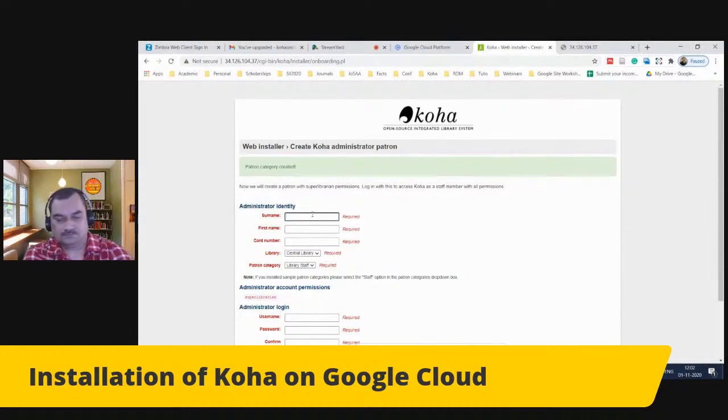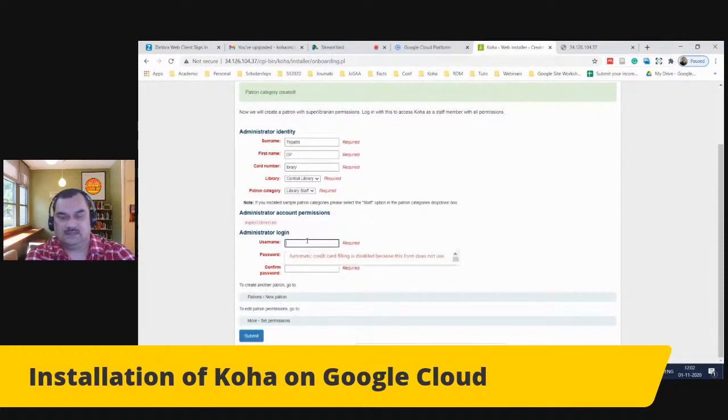So the administrator name I give here DP Tripathi, card name suppose I give library, and then I suggest always whatever the number, card number you are using, same you use as a username, so that you will not forget to access the page in case you are accessing the OPAC or staff login interface.